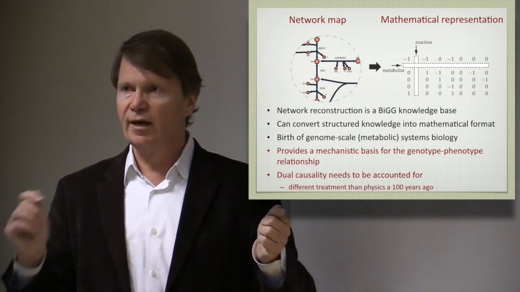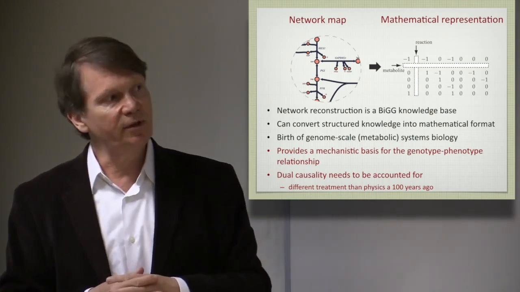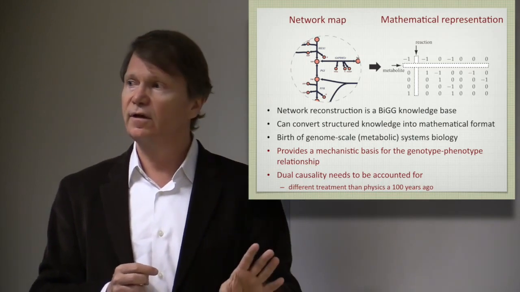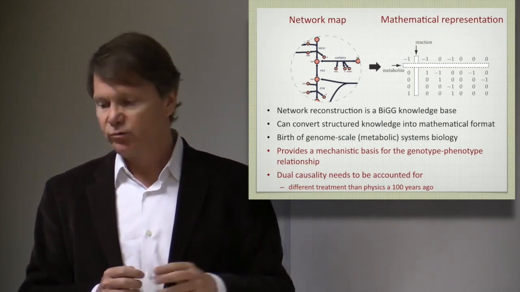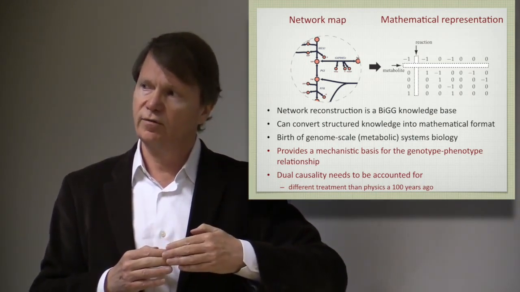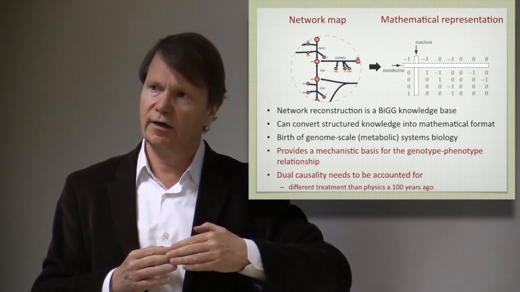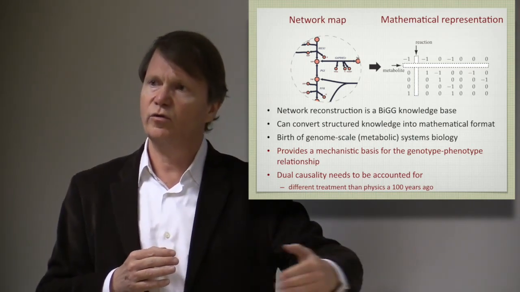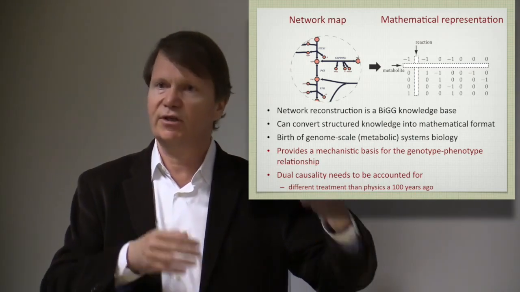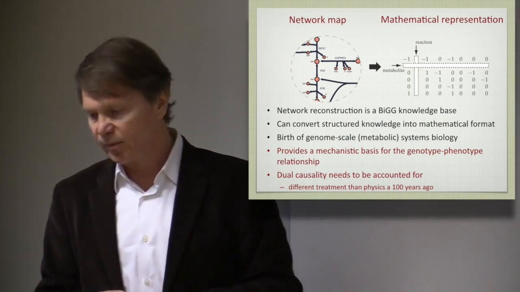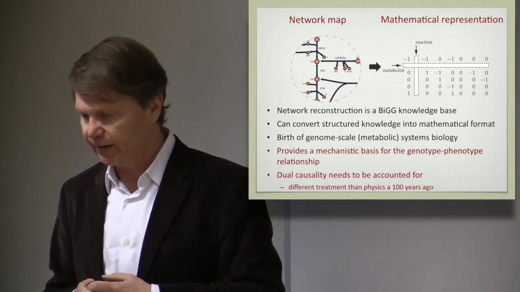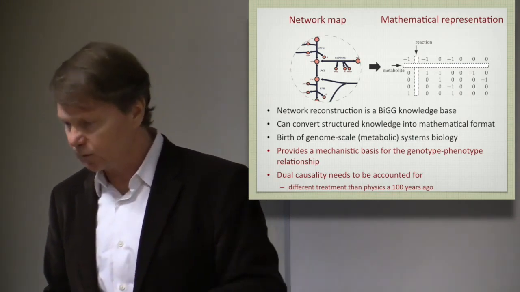So there is distal and proximal causation that has to be described in these models, and that makes modeling in biology fundamentally different than in physics and chemistry. As we will see, we describe distal causation by an objective function, which is the function that represents the selection pressure and the desired functions of the organism, and that becomes the biologist's function. It doesn't exist in chemistry, it doesn't exist in physics. The proximal causation, on the other hand, we describe by the basic physical laws and data and some other inputs that we will talk about.